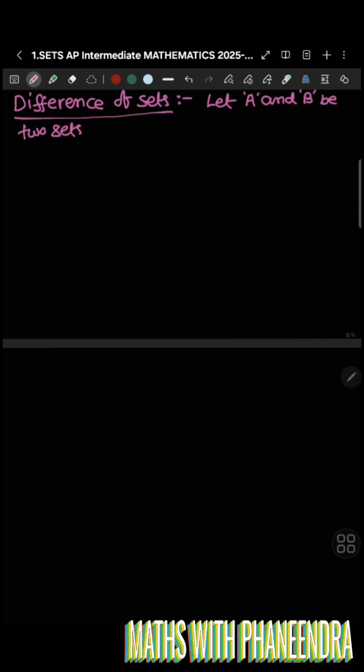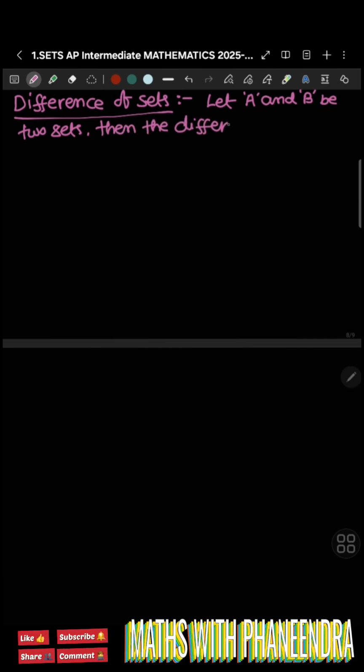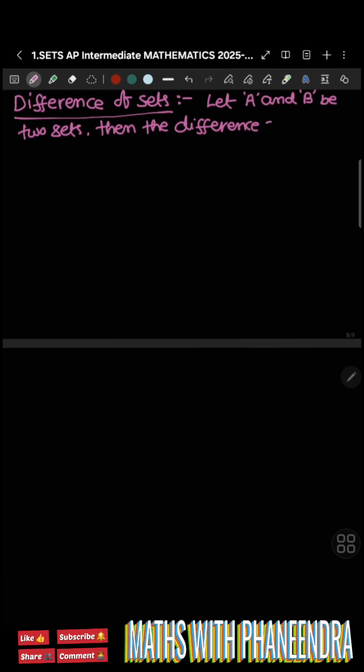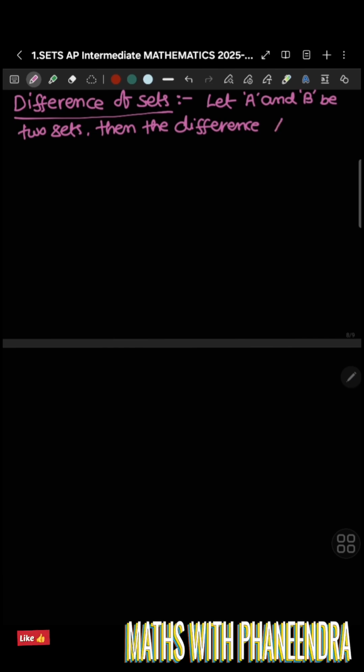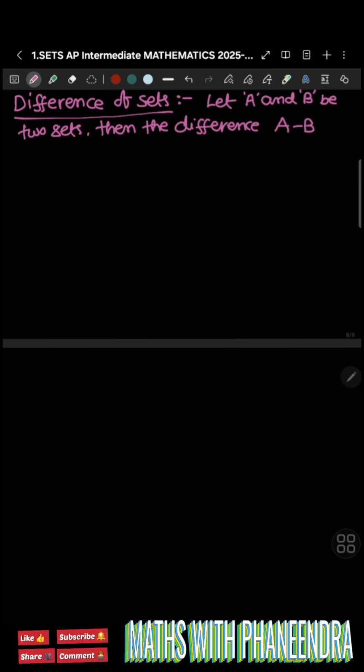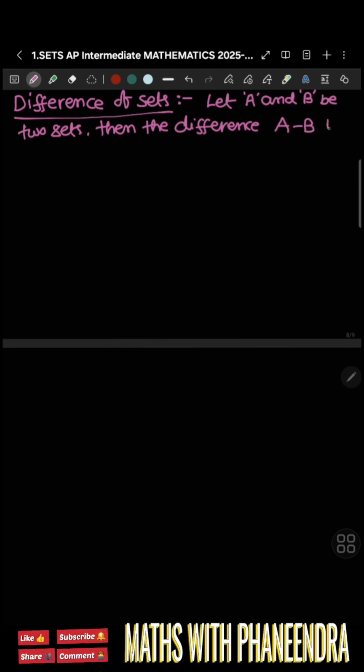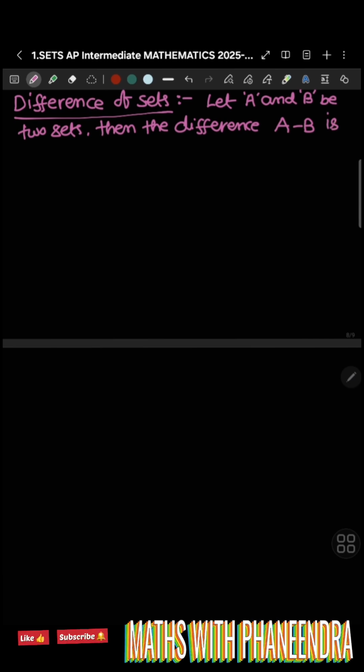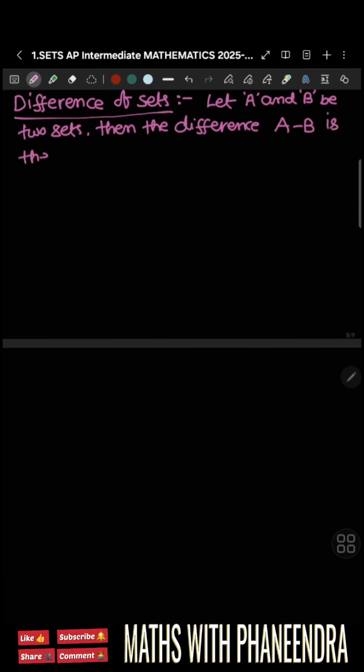Then the difference A minus B is the set of